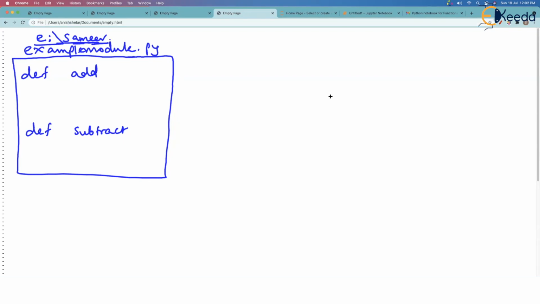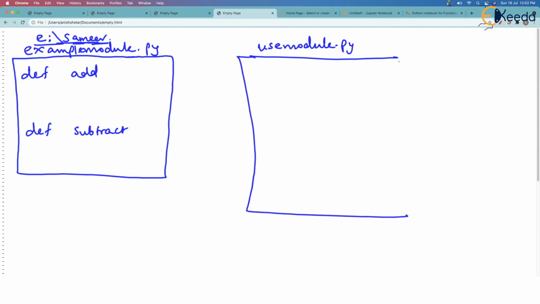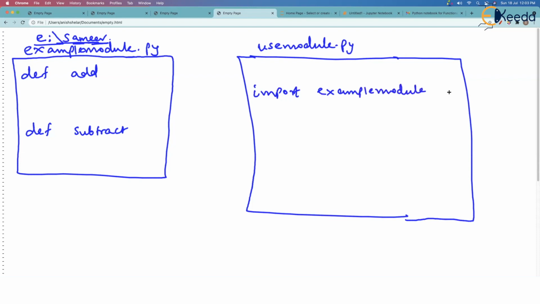Okay. And then what you do is you type your program use_module.py. Just check this. In this, you write import example_module as EX.